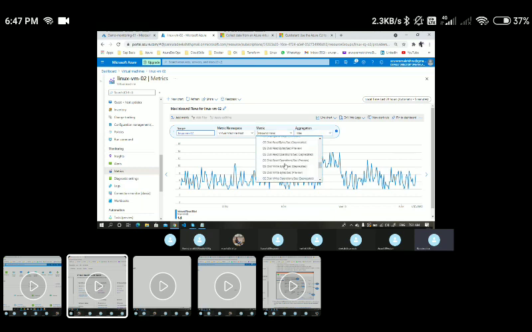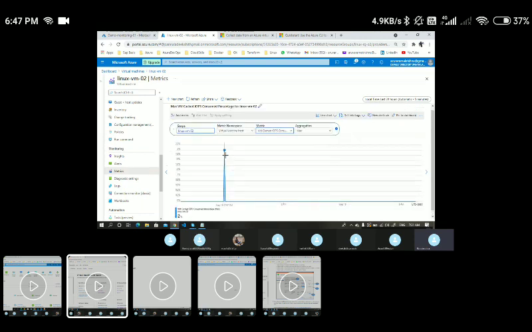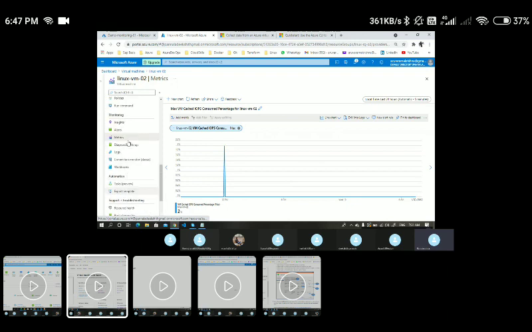If you want any additional things, let's say I look at IOPS percentage, here you can see how much IOPS percentage it is consuming. So whatever metrics you want, you can go to this metrics option, take those metrics, and pin them to the dashboard.